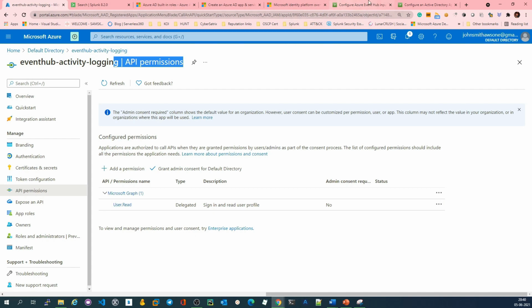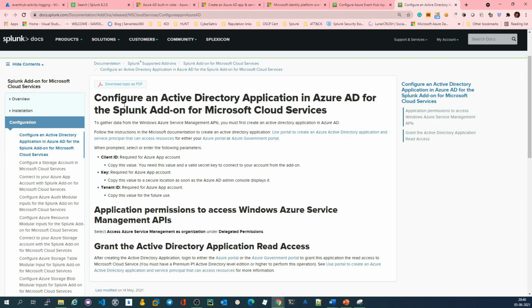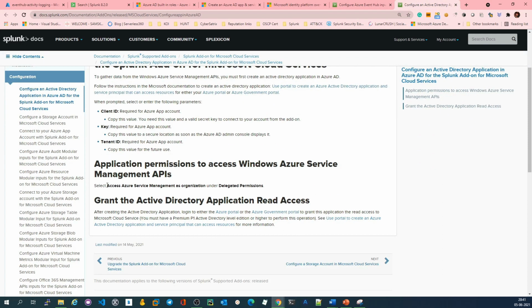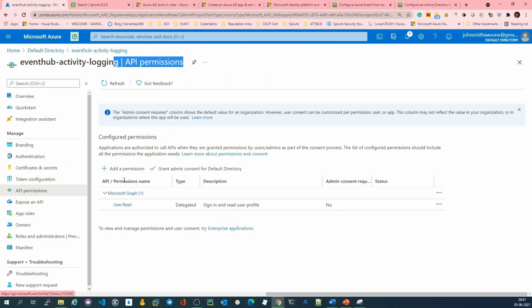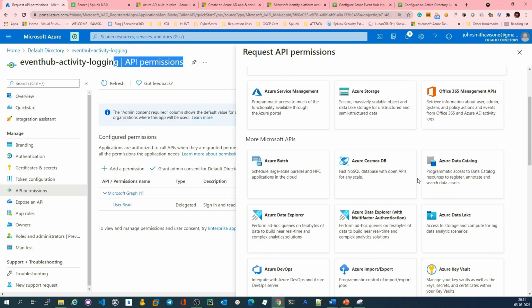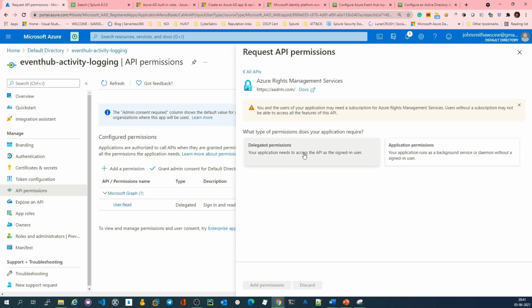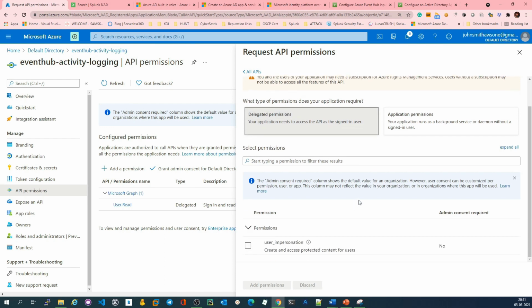For that, you can go quickly to your Splunk documents, and here you will see that it is clearly mentioned you have to provide the API permission, which is Azure Service Management API under the delegated permission, right? So we'll quickly go to our portal, click on add permission, right, and then select the Azure Service Management API, and then click on the delegated permission, and then provide the user impersonation, right?